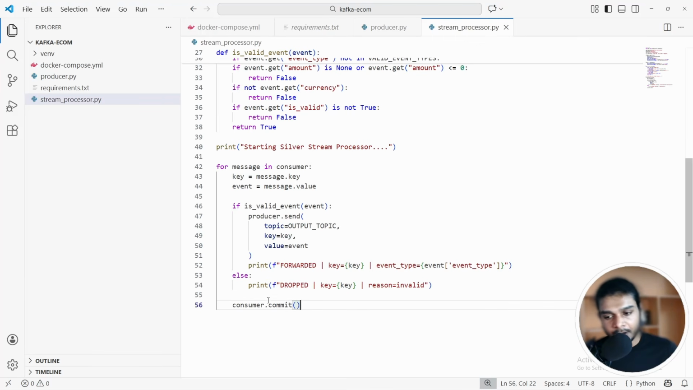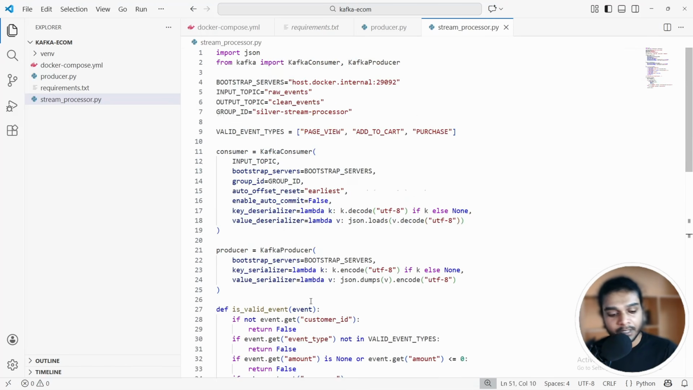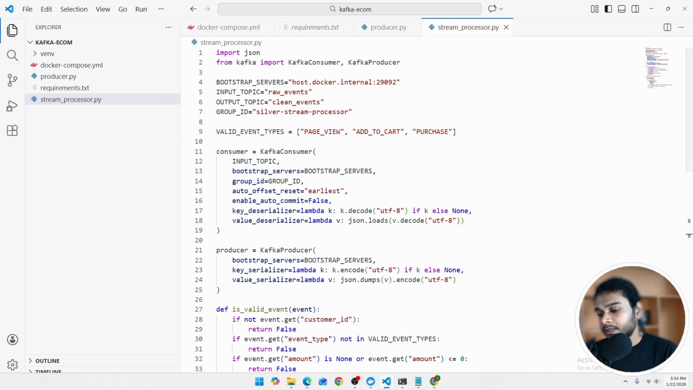consumer.commit offset. Now this commits that offset only after it is sent to the producer. Now we don't get any data loss. So to prevent data loss, this is what we can do. We can commit manually instead of using auto commit. Now that's it. We're done with the